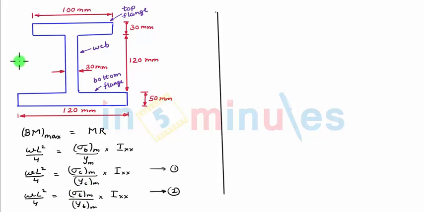So our first step will be to determine the location of the centroidal xx axis of this I section from reference bottom level. So let xx be the centroidal axis of your total I section, which is at a distance of y bar from the bottom level. Your centroidal xx axis will also be your neutral axis. So to determine y bar, for convenience, let us divide this I section into three parts.